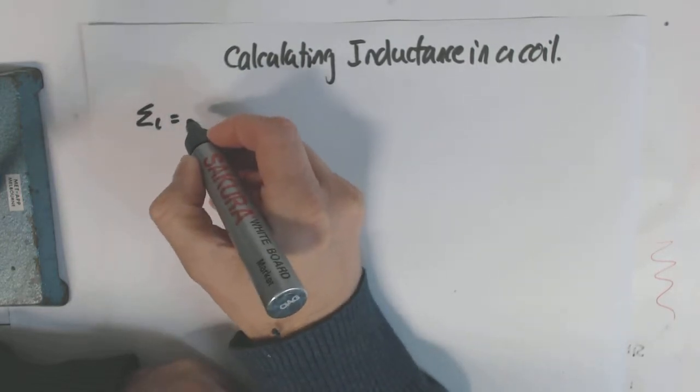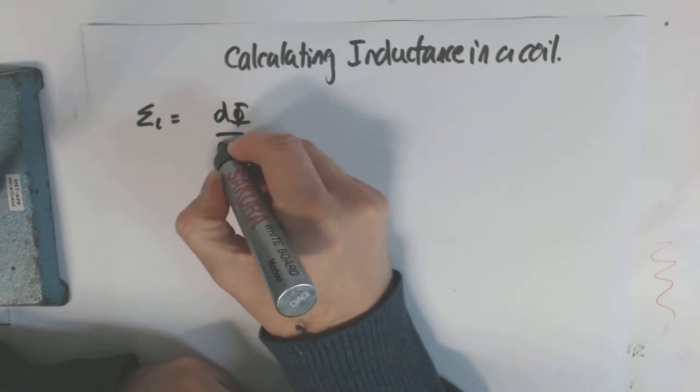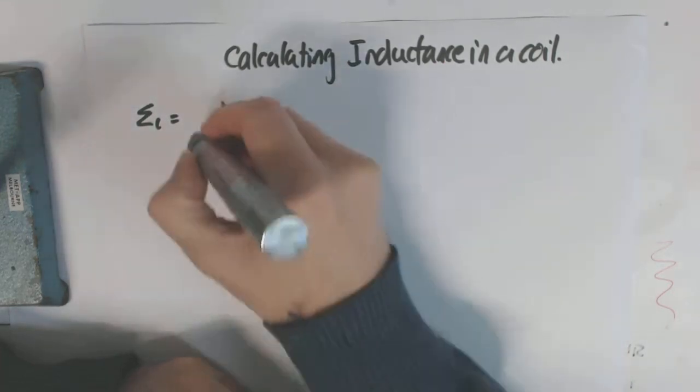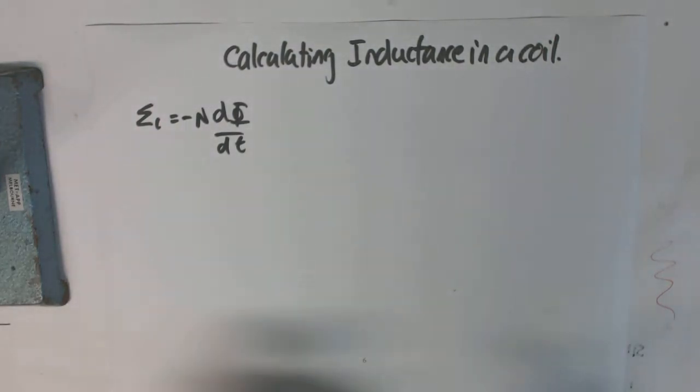Let's look at Faraday's formula, which was to do with delta flux over delta T. We won't forget the negative, but we also can put an N in there for the number of turns, because the flux is per turn. And what we could say is that